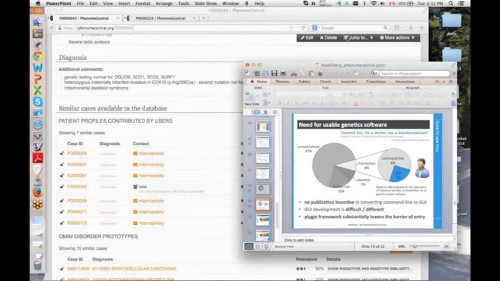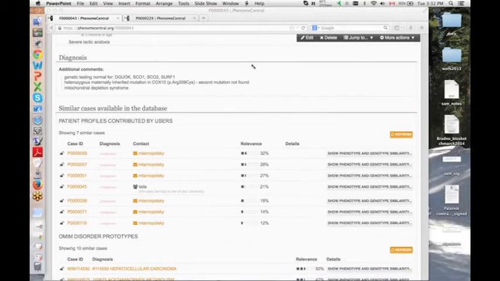Yeah, it's a great question. So what we have done with Phenome Central is we give accounts. Anybody can apply. We only give accounts to clinicians and/or scientists who are affiliated with a public or nonprofit institution and can share their patient data through Phenome Central. The restriction is, unfortunately, we wanted, at least to begin with, to control who can add data in order to make sure that the data stays of high quality.